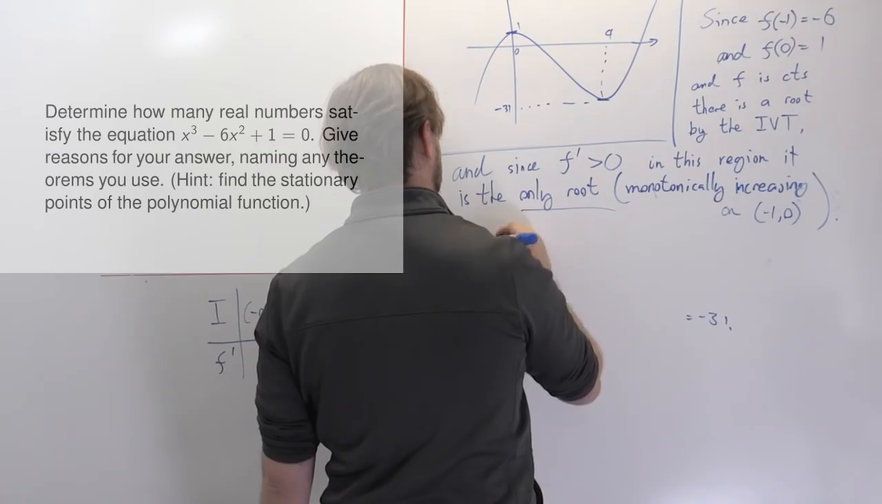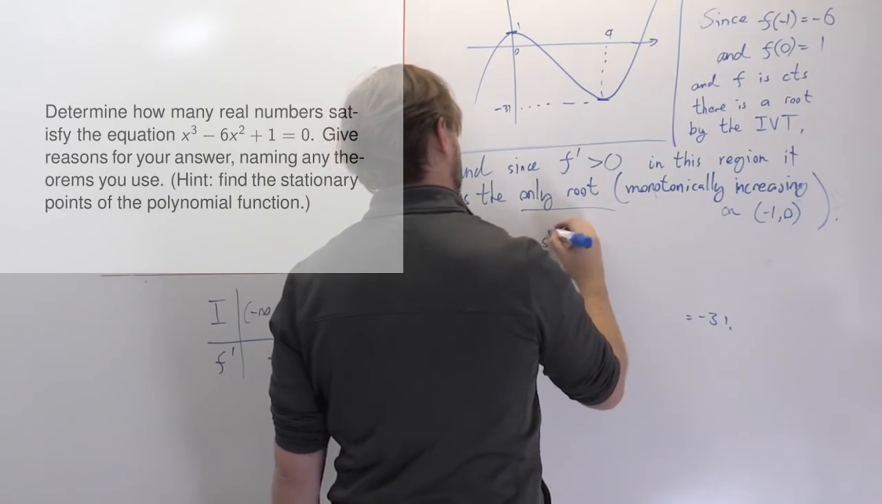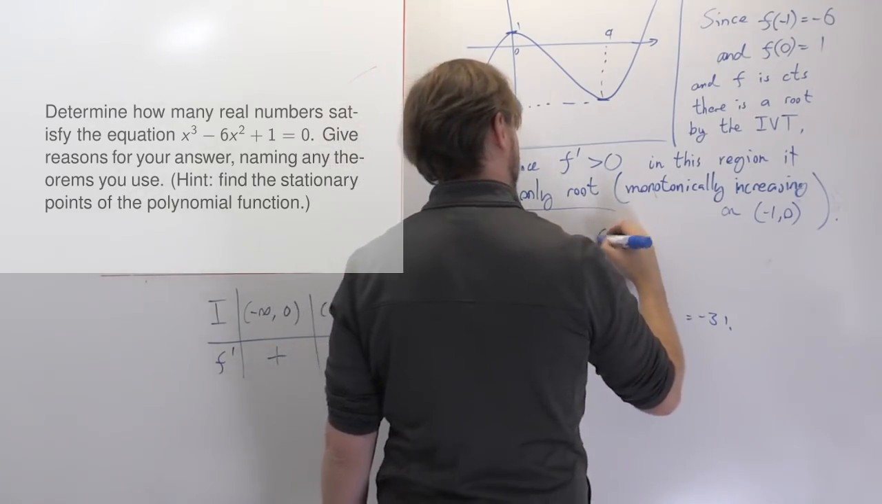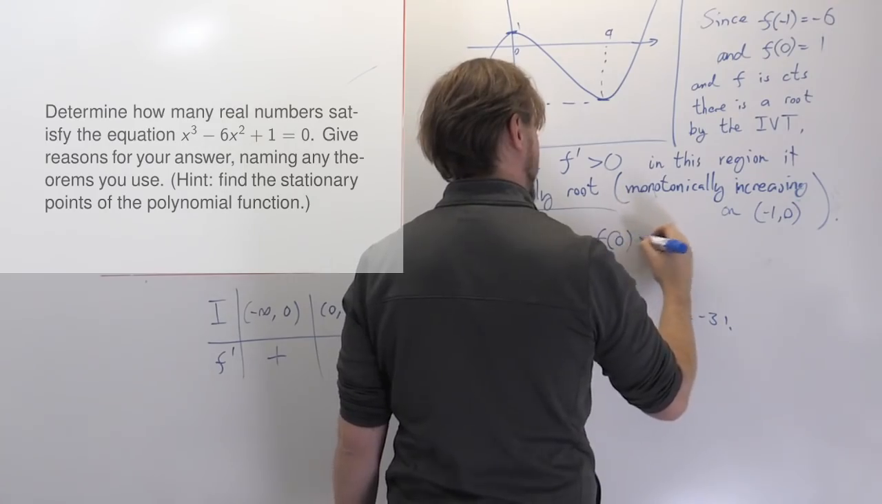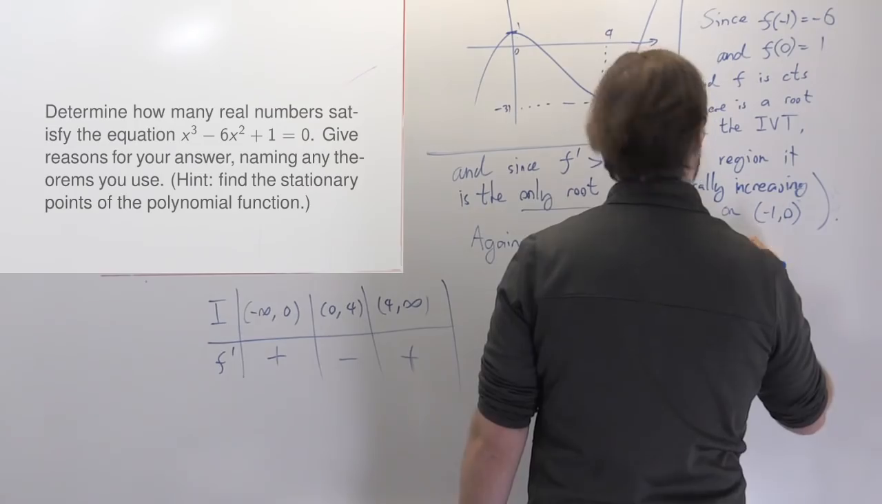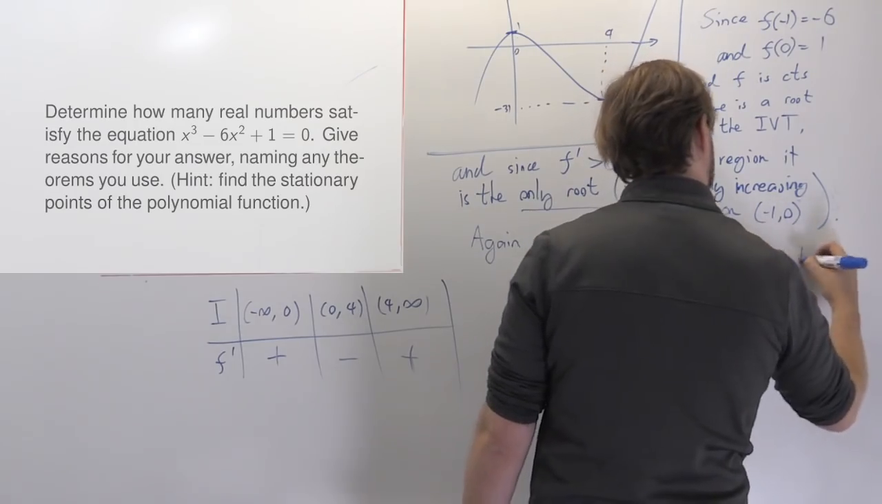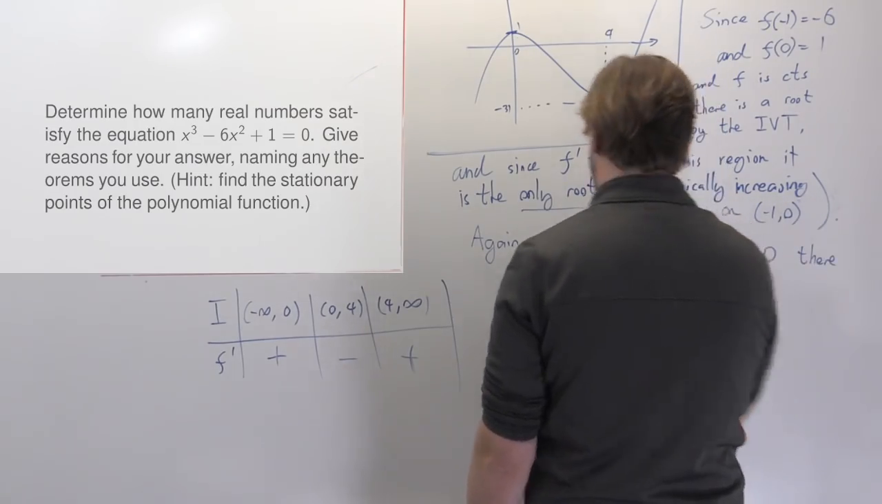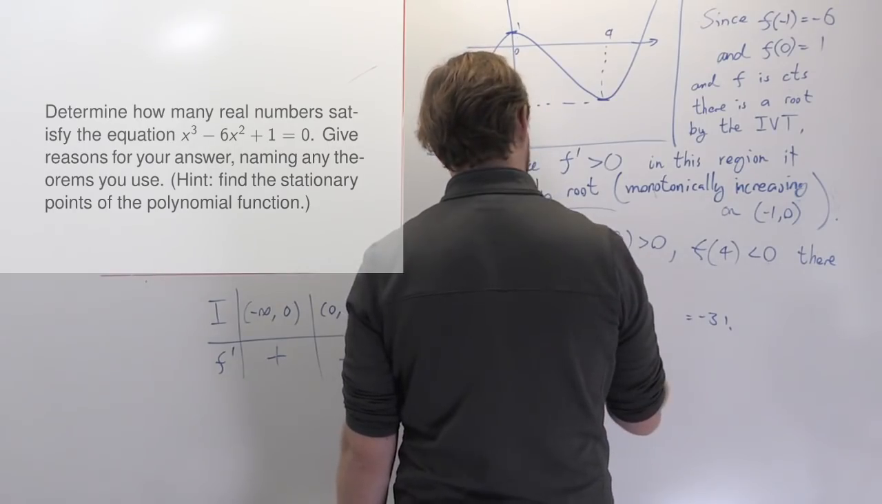So again, since f of 0 is positive, f of 4 is negative, there is a